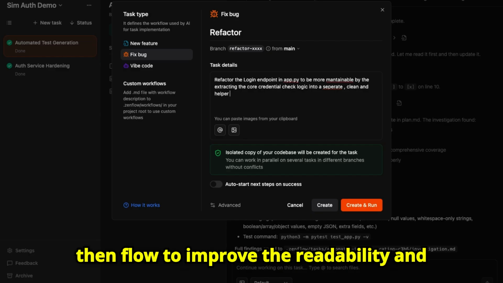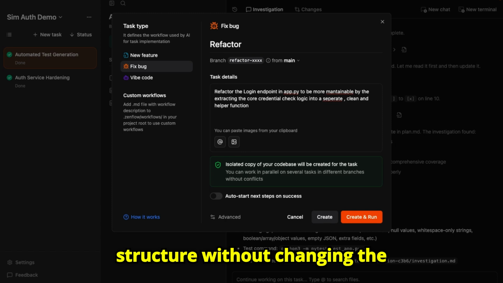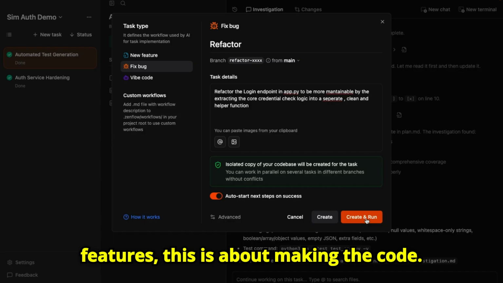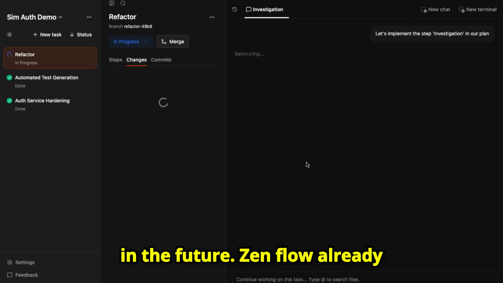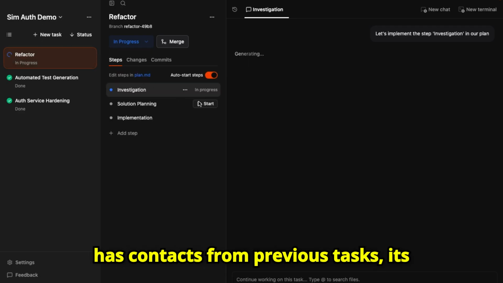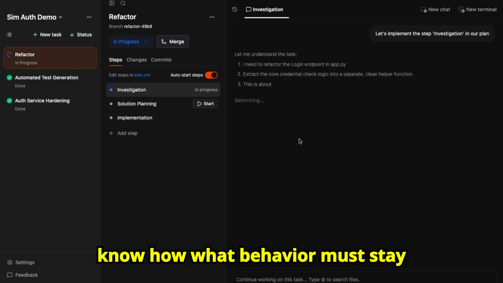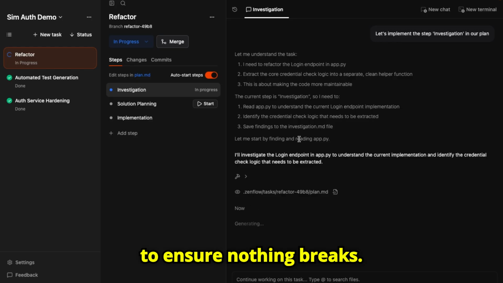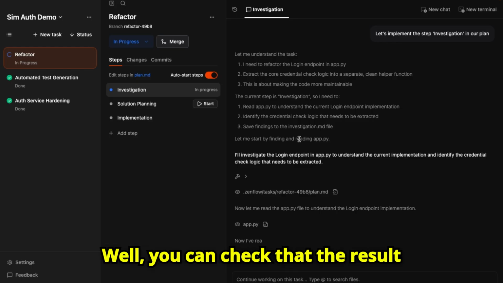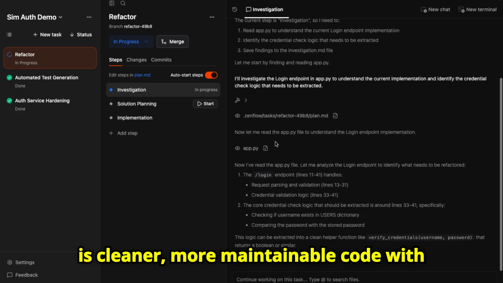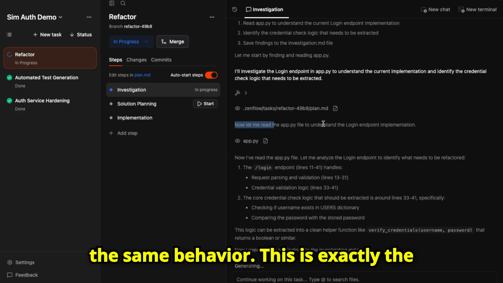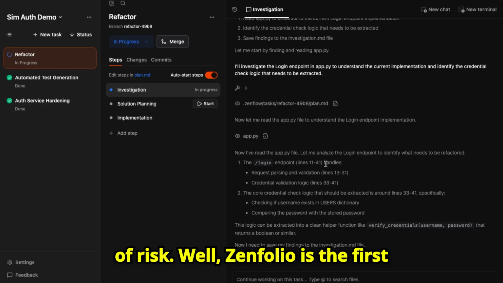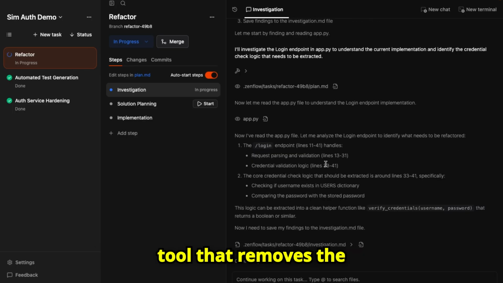In this task, I am asking ZenFlow to improve the readability and structure without changing the functionality. This is not about adding features. This is about making the code easier to understand, maintain, and extend in the future. ZenFlow already has context from previous tasks. It knows what behavior must stay the same, and it uses verification to ensure nothing breaks. Well, you can check that the result is cleaner, more maintainable code with the same behavior. This is exactly the kind of work that improves long-term velocity but is often postponed because of risk. Well, ZenFlow is the first tool that removes the